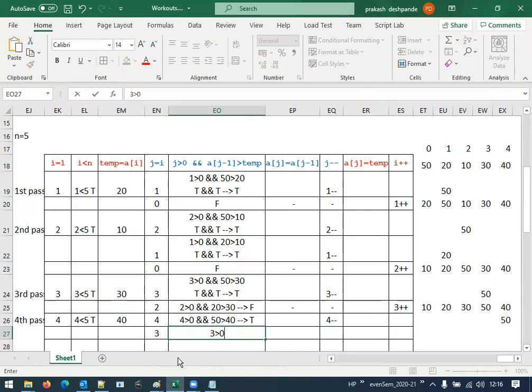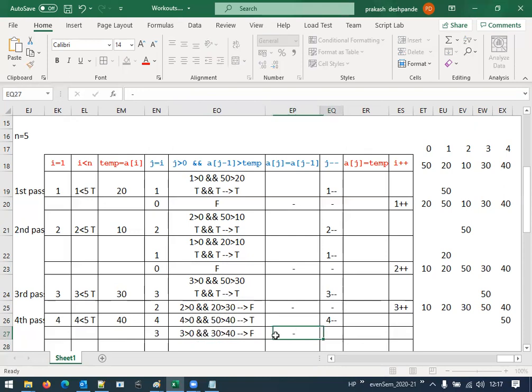3 greater than 0, and j minus 1. 3 minus 1 is 2, at 2 we have 30. So 30 greater than temp. Temp is what? 40, right? Now if you look at this particular condition, this is true, whereas this is false. So overall this logical AND will give us a false value.